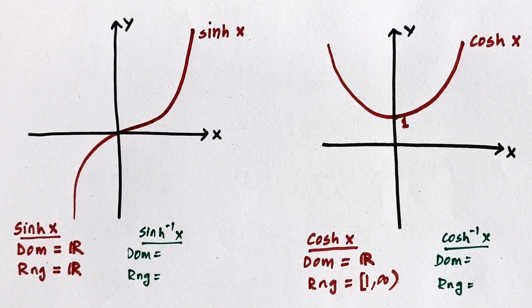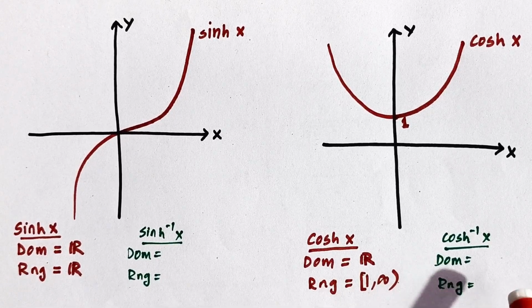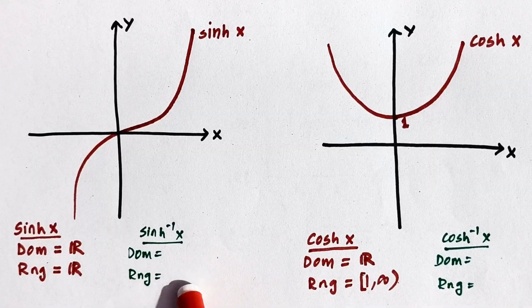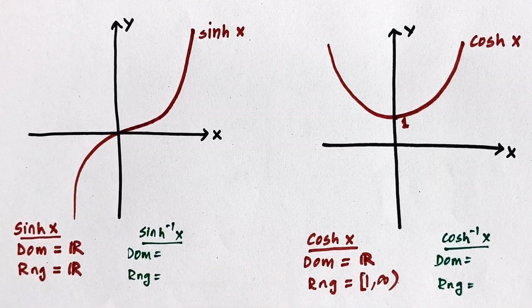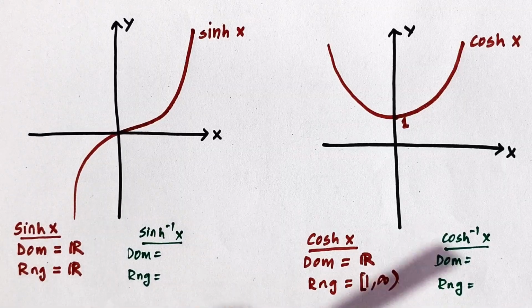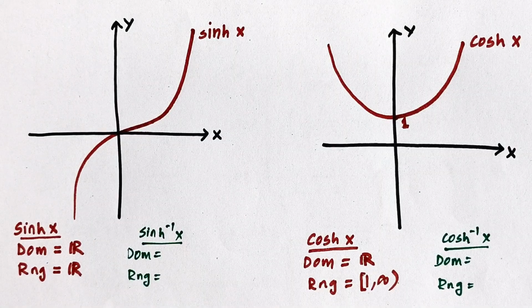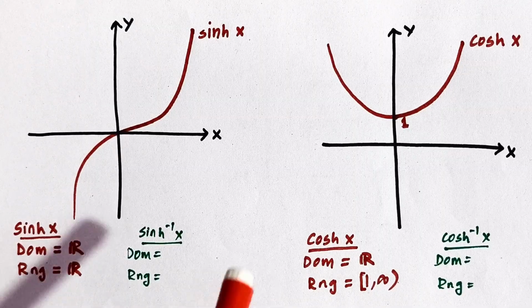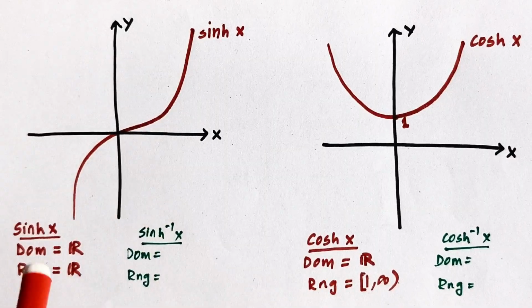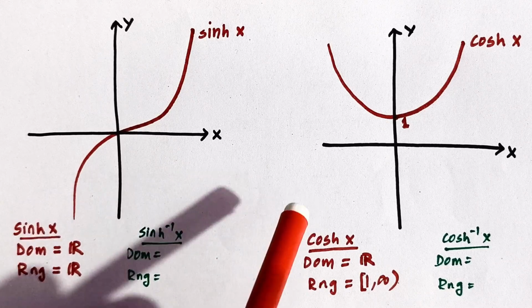Today we plan to talk about the graphs of inverse hyperbolic functions, their domain, their range, and when and how they exist. See, the inverse of any function exists only when the function is 1-1. If a function is not 1-1, then its inverse does not exist. And if we know the graph of any function, then also we can say if that function is 1-1